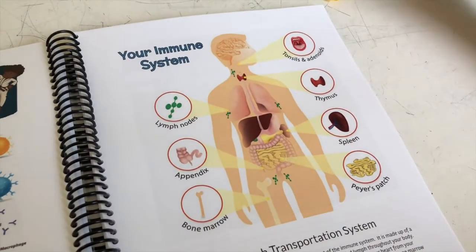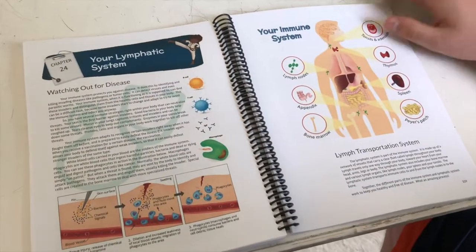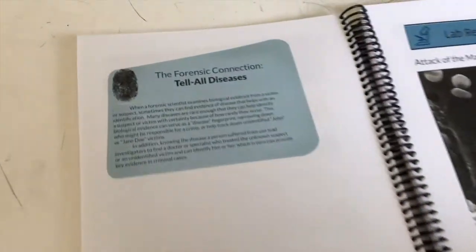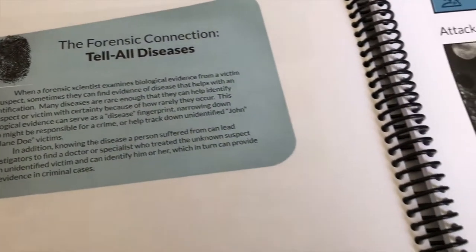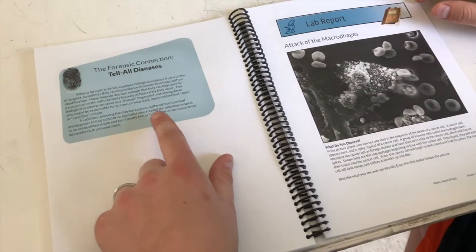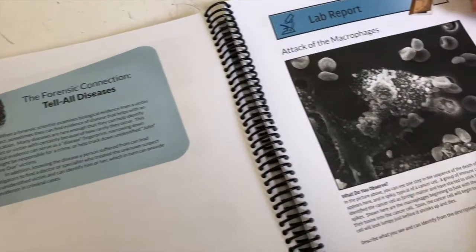That's one of the really cool things. If you have multiple students doing this program, they just have multiple copies of this. You can talk about it, you see it, and it's really vivid. And here, one of the aspects of this program is the forensic aspect, how to identify using these different systems and how forensic scientists use that. So you have this forensic connection that you would talk about and discuss, and then you have a lab where